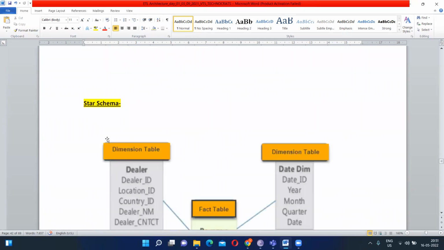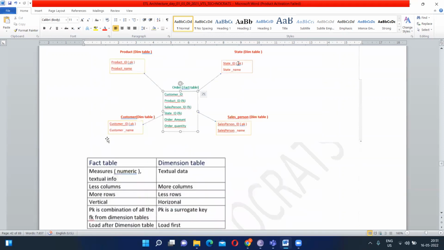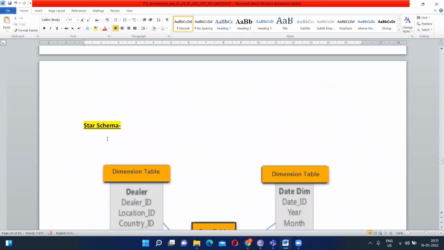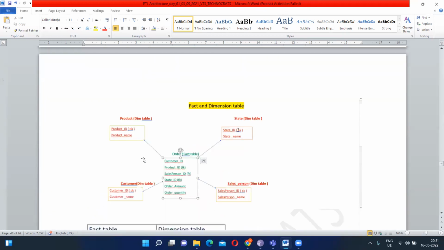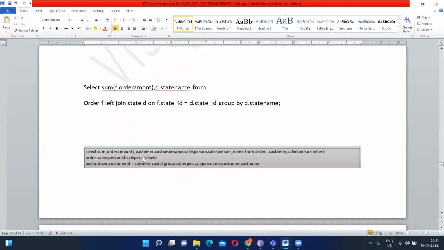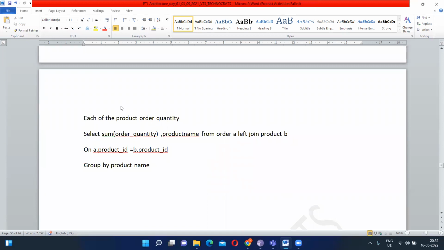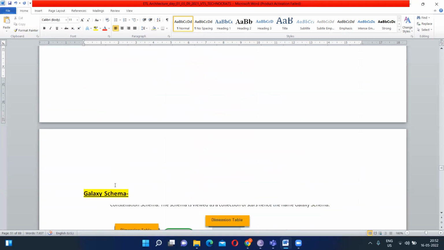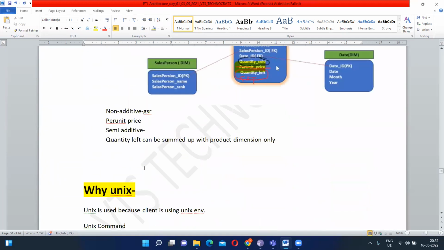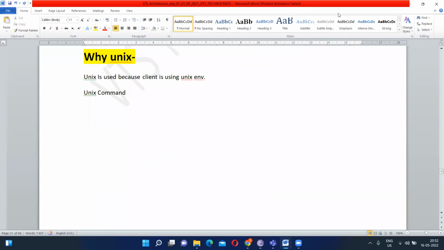Always you should ask which particular dimensional model this project uses. Either it will be a star schema, a snowflake schema, or a galaxy schema. And then you have to join the fact table and the dimension table, write your query, and whatever outputs we get here, we have to verify with the report. This is how we will use the fact and dimension tables. This completes, guys, your particular